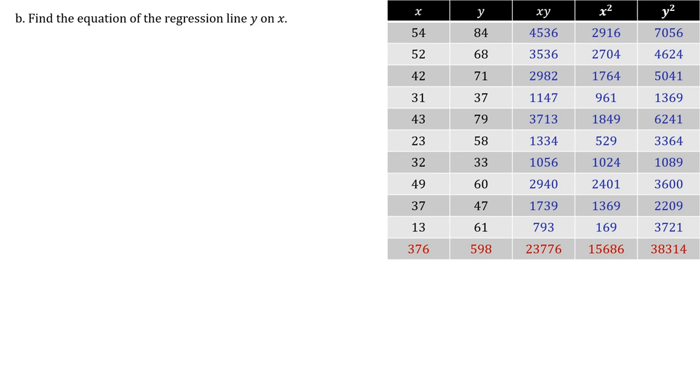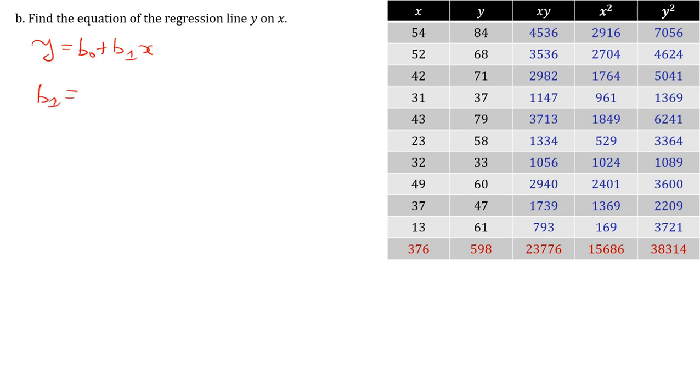Now the next question says we should find the equation of the regression line of y on x. Now our data will still be useful. Notice that the regression line y is always equal to b0 plus b1 x. So it's an equation of a straight line. This regression line actually shows the relationship which exists between those points. And so b1 here is the regression coefficient. And so to calculate b1,